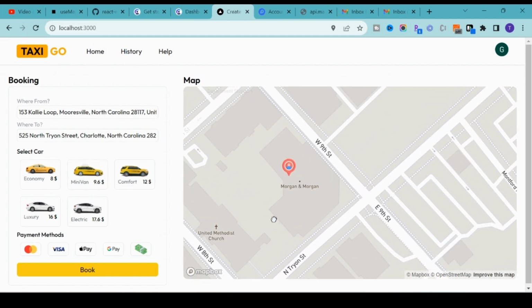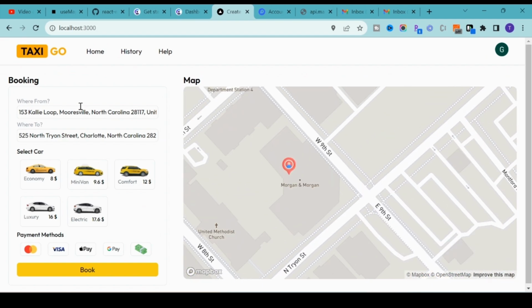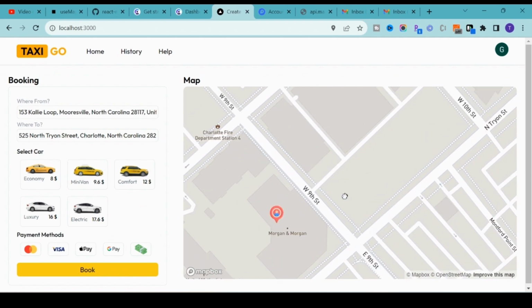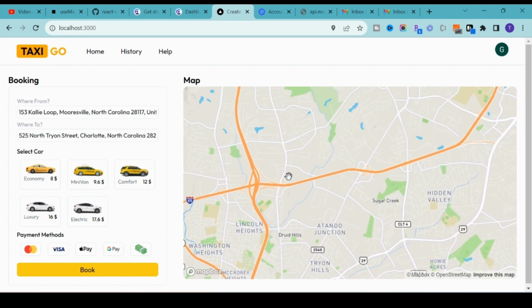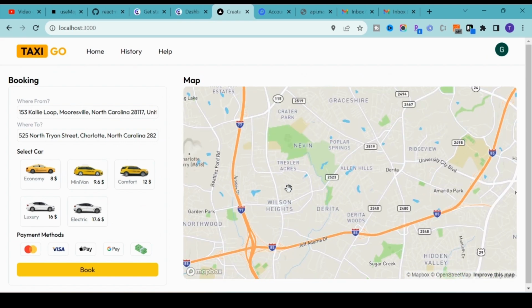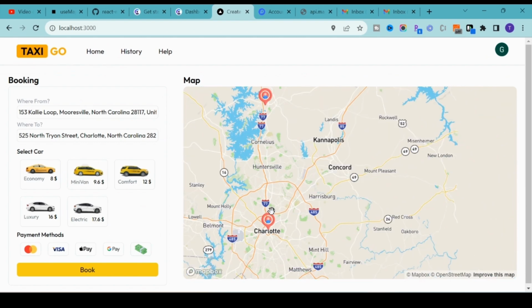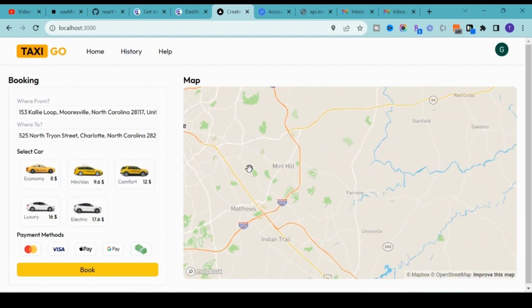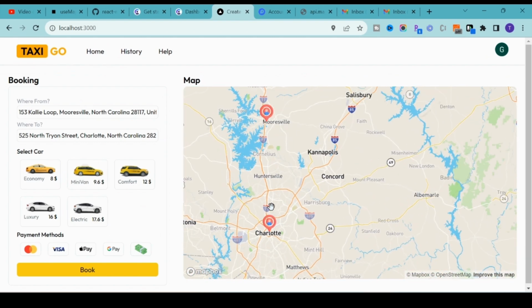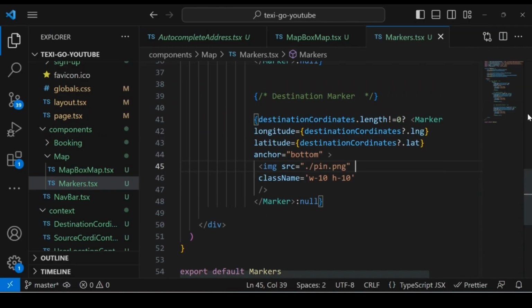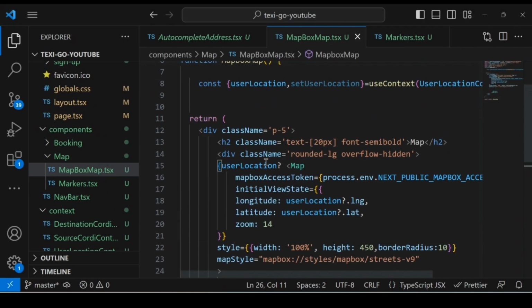Perfect. Now the question is, when I select the marker, our map needs to move to that particular marker's location. It actually moves like this to that particular location. That is very important, because right now you don't know where the marker is. You have to zoom in and out to check where the marker is for the source or destination which we selected. So for that, let's go back to our application, and inside this Mapbox map component,